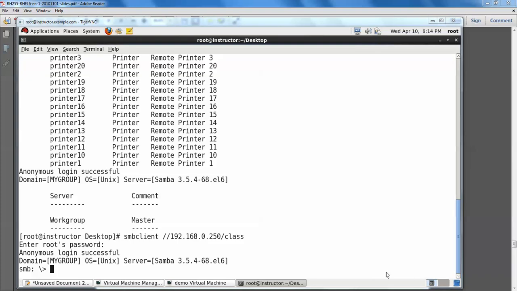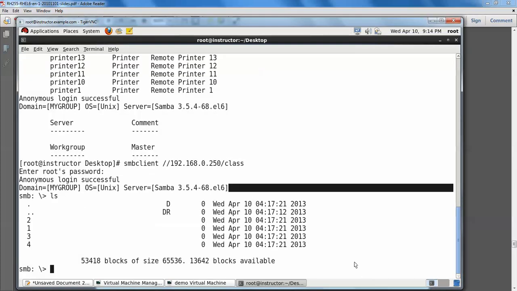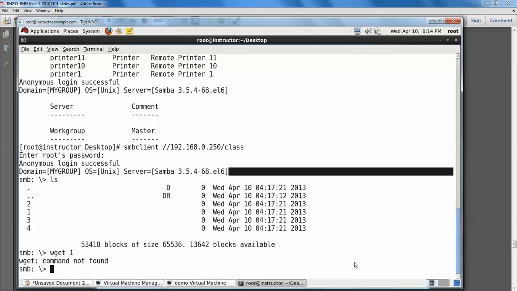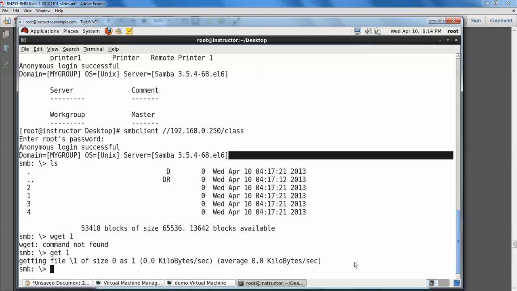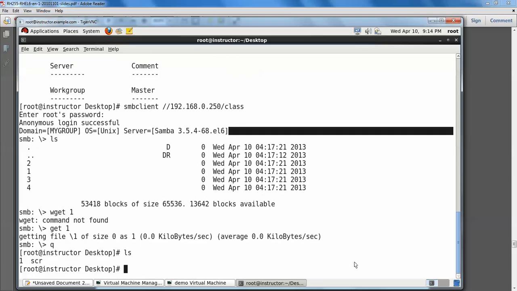Then ls. So what are the files we have? From that we get 1. Sorry, get 1. So it's downloaded. Now you can check ls. The file 1 will be there. So for uploading, put. This is for anonymous users.